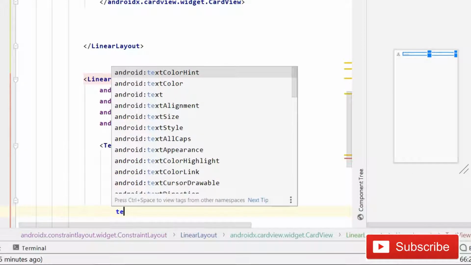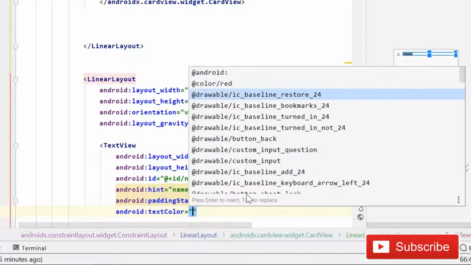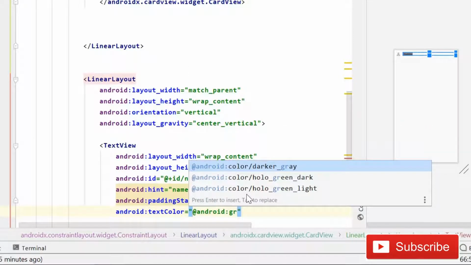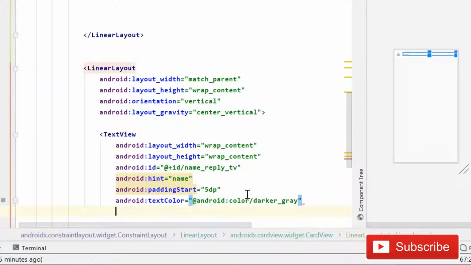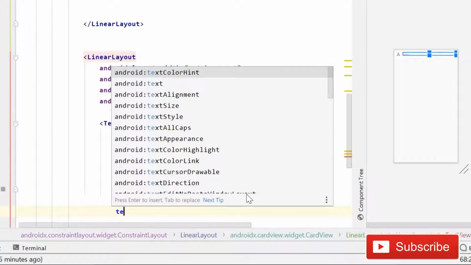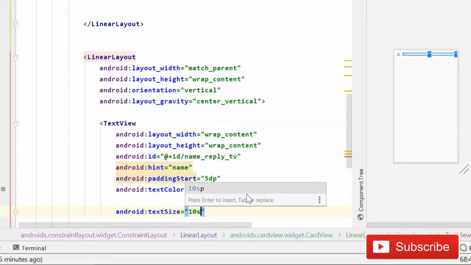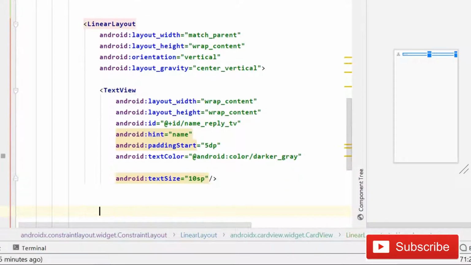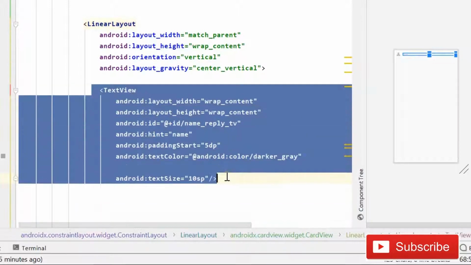I will give simply text color, and that will be android darker gray, which will be better, I think. And yeah, text size is going to be not too much, just 10 sp. We will use sp when it comes to text. Done. Now we are done with the text, and after this, again simply copy this text view, Ctrl+C,